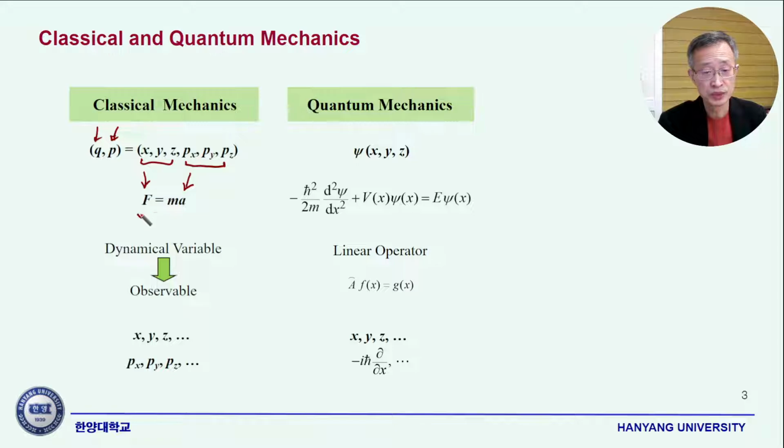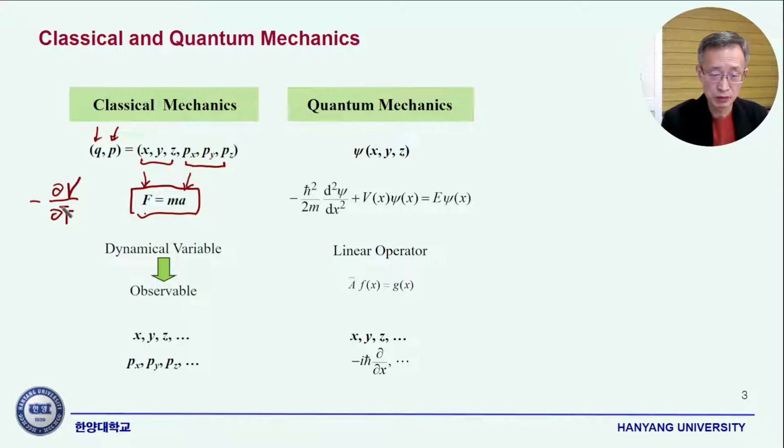So this is the equation of motion, or Newton's equation of motion, F equals ma. Force is the negative gradient of the potential,